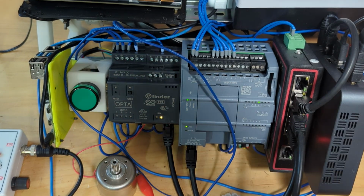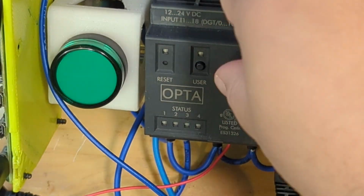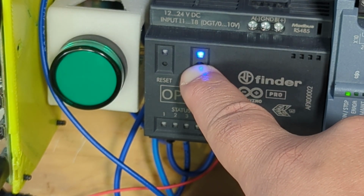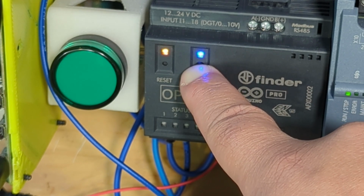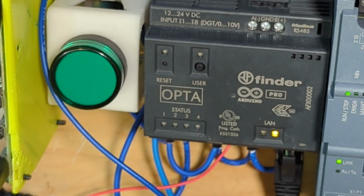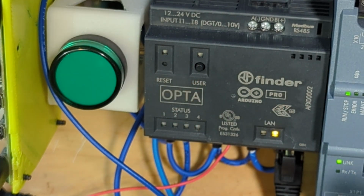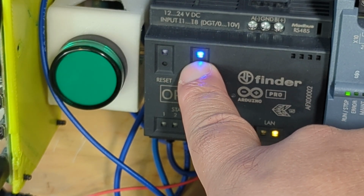So you've got the user button on the front here. Let's give you a better look. So if I press this user button there, it turns on the blue LED, then it turns on, I believe, a green LED, and then an orange one. So it's pretty cool that that is programmable. I love that. So this is a blue LED, and then this is either a green or red LED, and I think the red takes precedence. So if I hold it again, it turns on blue, and then I think green,